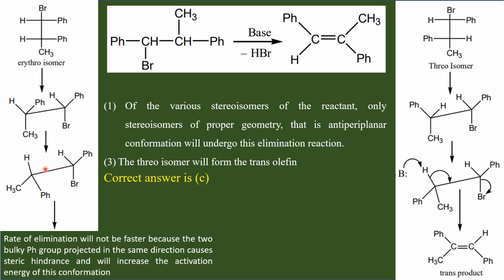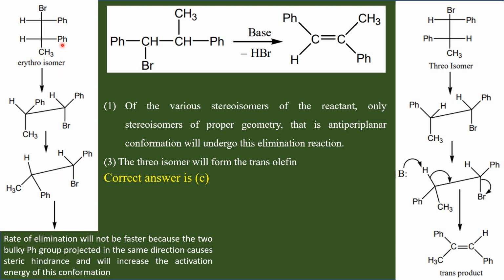During the formation of the pi bond here, these two carbon atoms will try to get the sp2, the planar shape. That is, these two phenyl groups will try to come closer. So in the transition state of this reaction, the two phenyl groups, the bulky groups, will be closer. As a result, the energy of the transition state will be higher. Therefore, this reaction will have higher energy of activation.